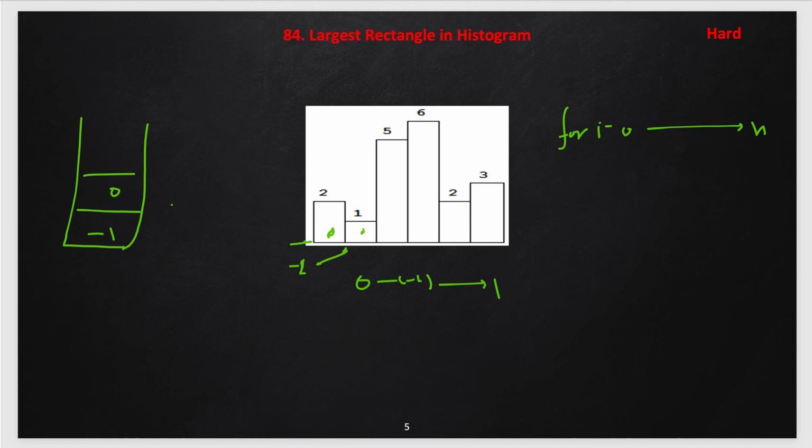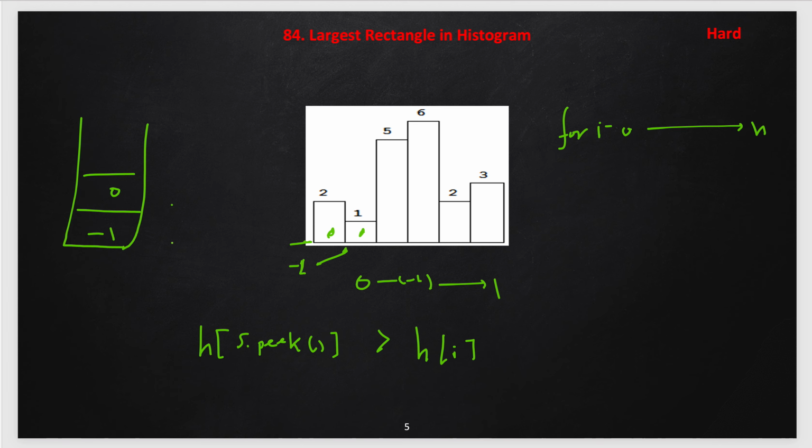Now when we are processing this value, we check that the peek value of our stack is not -1, then we compare the heights at that index, the height at the peek of our stack. If it is greater than the new height, height of i, then we are getting a new minimum element on the right side. So we will calculate the areas from all possible values down the stack.